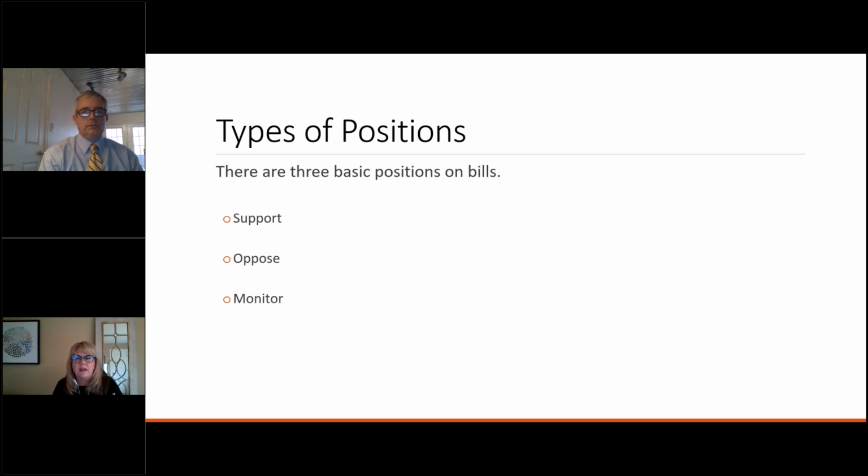So what does that look like? If it is something that is very much of importance to us, like a regulatory change on the way that licensure is handled in the state of Virginia for settlement agents, for title agents, that's something that we're going to want to look at. And as long as it's not something we deem is going to hurt us, we're going to actively support that. That's coming from our regulators, and they are going to ask for our input, and we're going to say yes. It's very important that we actively support that.